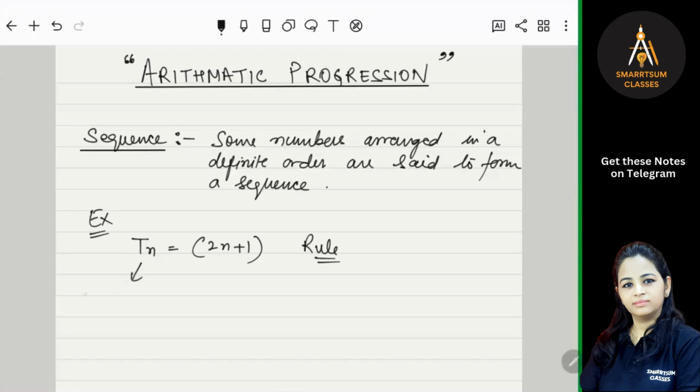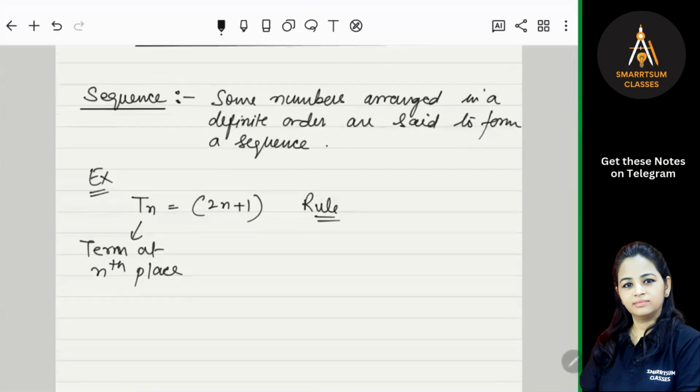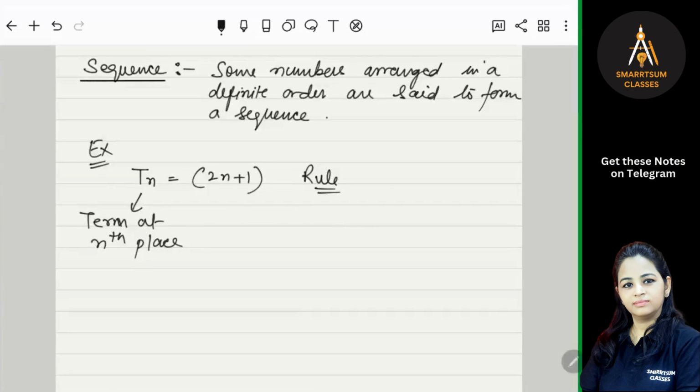Tn is the term at nth place. Means term in the sequence at nth place is Tn, right? And we can find this term at nth place by the rule Tn is equal to 2n plus 1, right? So that means if we want to find the number of terms in this sequence, we will put different values of n, right? So putting n suppose equal to 1, 2, or 3, or 4, or 5, and so on,